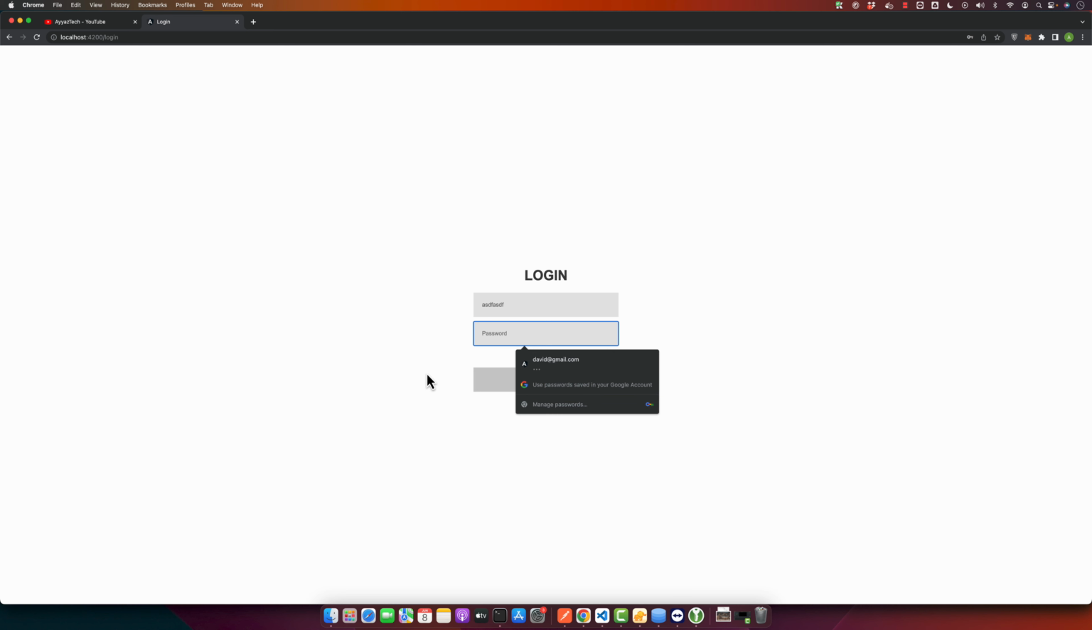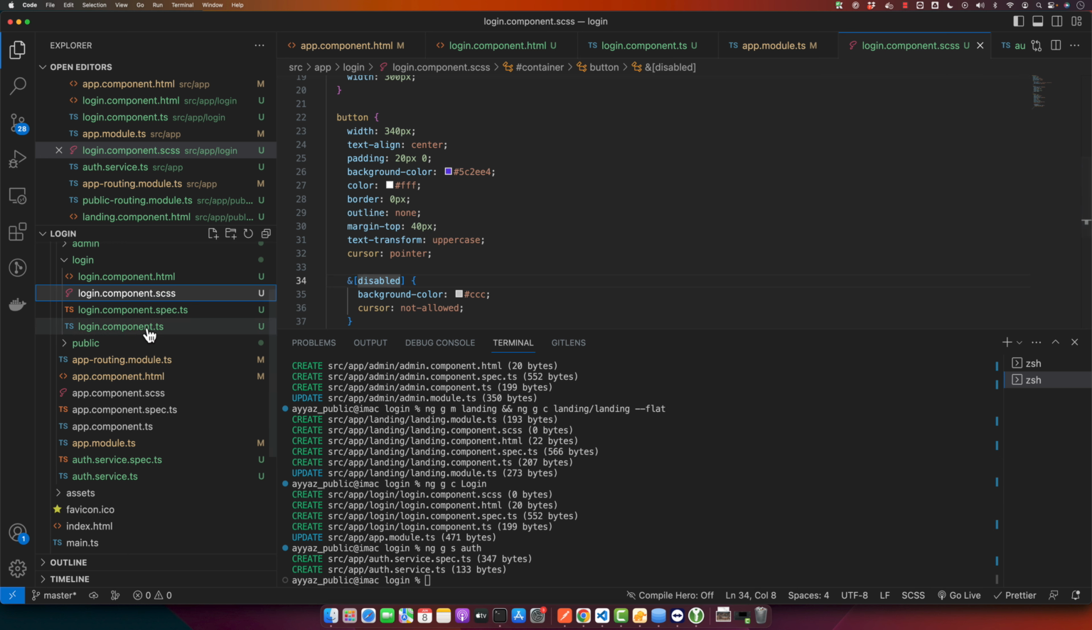But if you remove something, the form became invalid again. So now button is disabled. Let's build it again. Okay, here